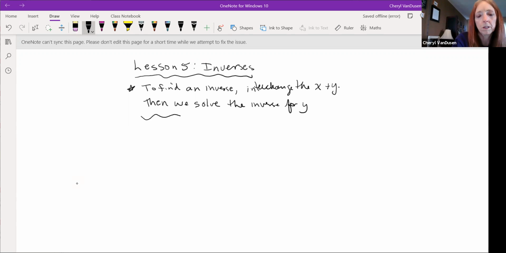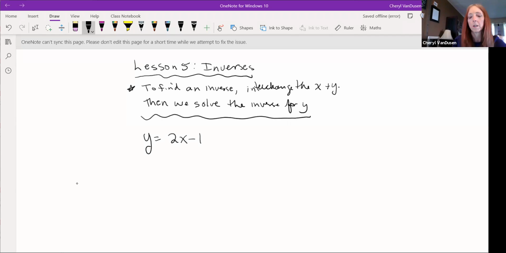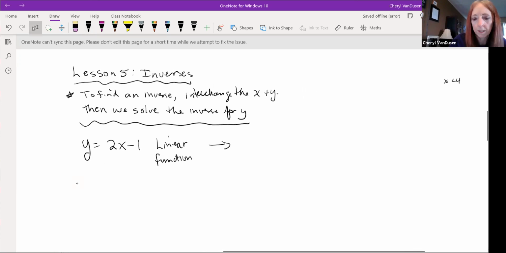Let's just take a little shot at something. Okay, so we'll keep it fairly light to start. Let's say that we've got y equals 2x minus 1. Hopefully you can identify that that's a linear function. It's a line because we've got no exponents and whatnot. And if I ask you to find the inverse of that,